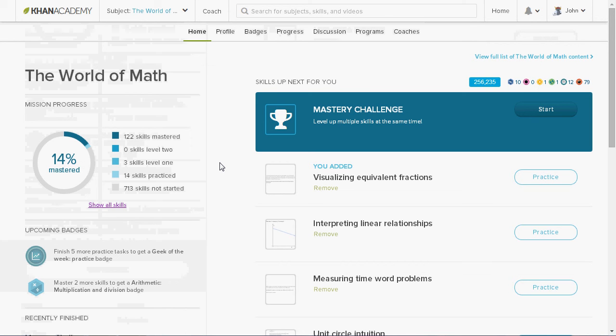Then the sun badges, these are more and more, much more difficult. Mastery in 100 unique skills, and it just goes up to 500 unique skills in 50 skill increments, and then you've got questions and discussions.